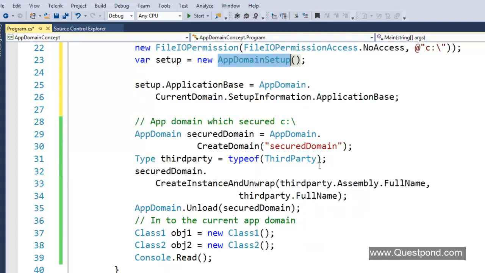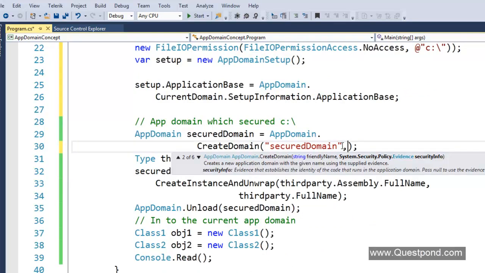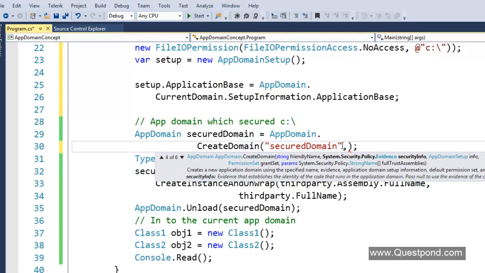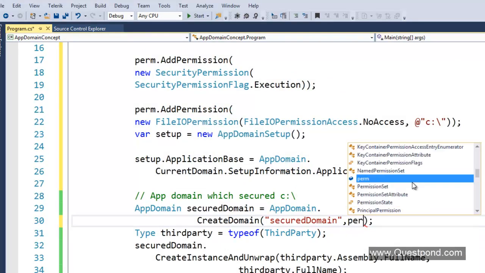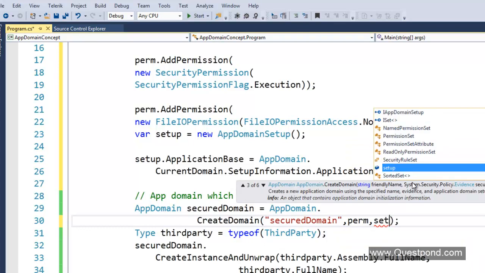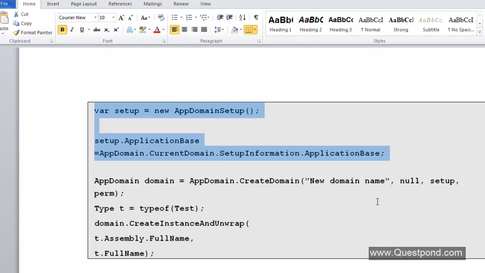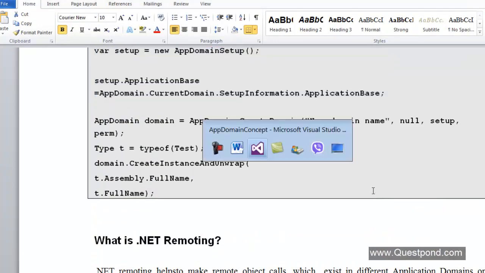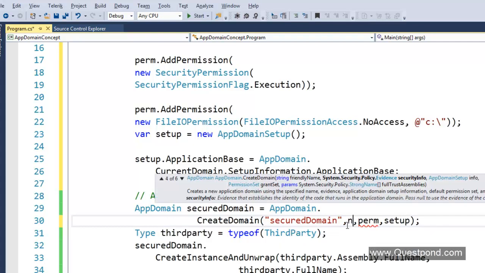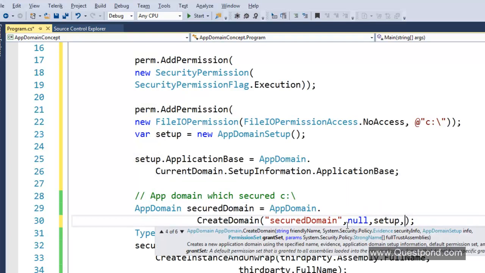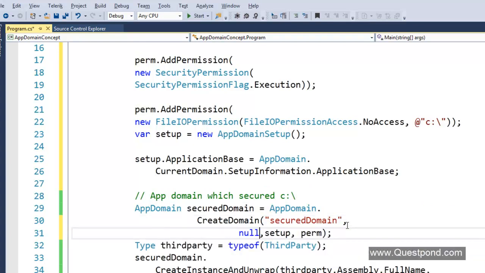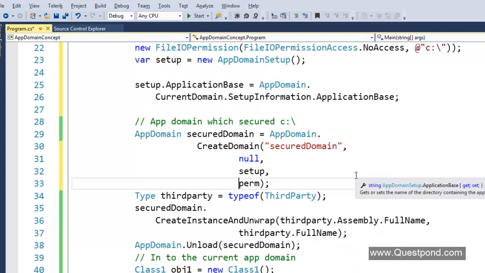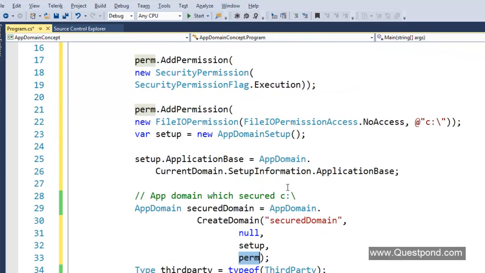So I will now apply this permission set. I want to apply this permission, and I would like to apply this setup to this domain. Let me quickly check my notes in case I'm making some mistakes. This first one is null, I'm sorry, so it is comma, this is null, and this is setup, and finally we have the permission sets. Yes, so there it is. This is the security info, this is the setup, and this is the permission. So now I'm creating a secure domain, but I'm applying the permission saying that you cannot access